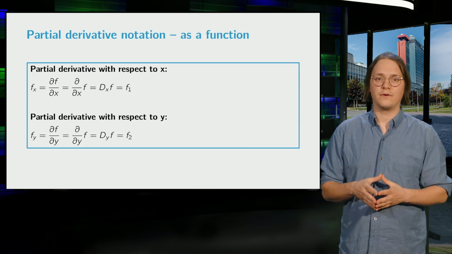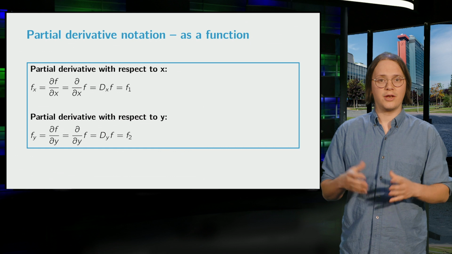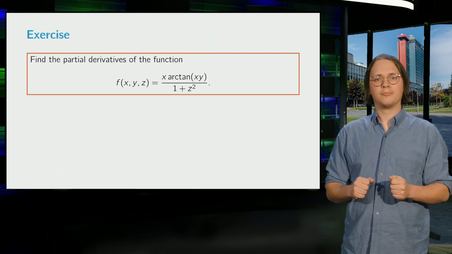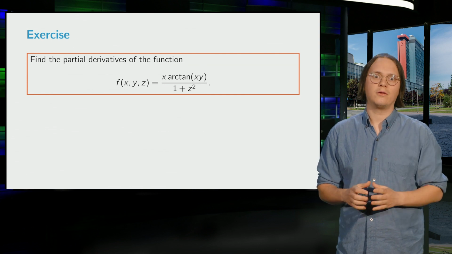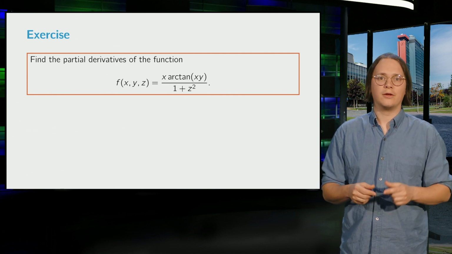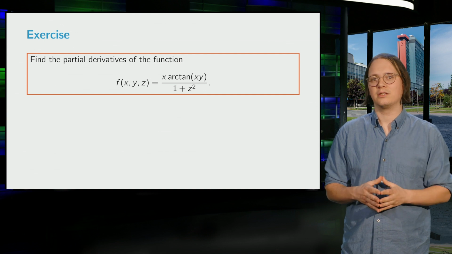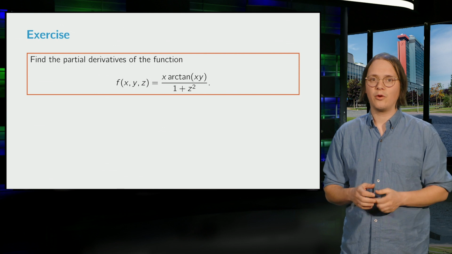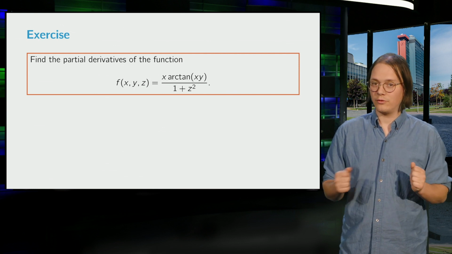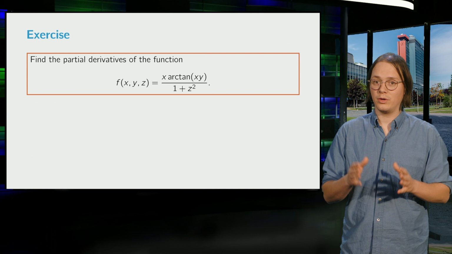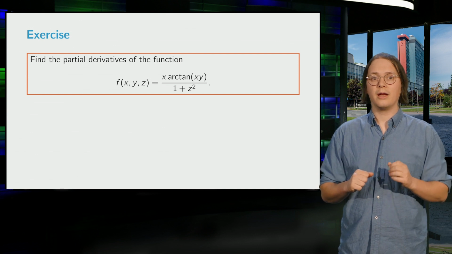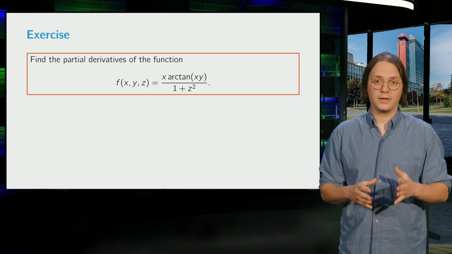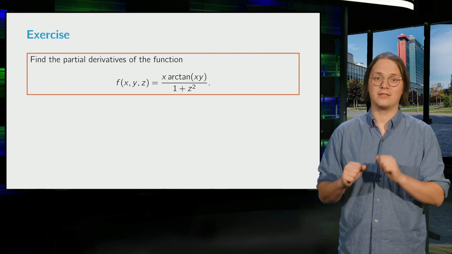Our notation for these functions is, as you can see on the slide, a natural consequence of the notation we saw earlier. Partial differentiation is a core skill in calculus of several variables, and you should be able to do it relatively effortlessly with sufficient practice. To get started, consider the following function of 3 variables and see if you can determine its partial derivatives with respect to each variable. In the text below this video, you can find a worked out solution. Of course, make sure to also practice using all the other exercises with this lesson.